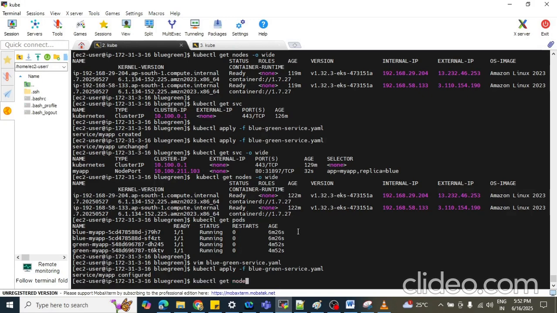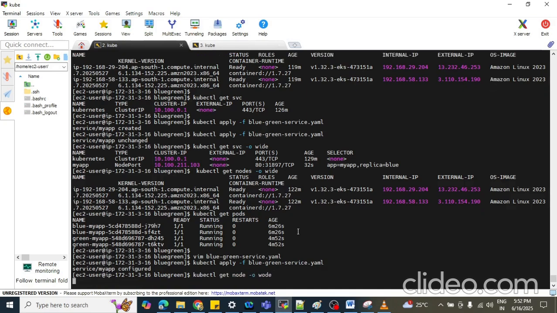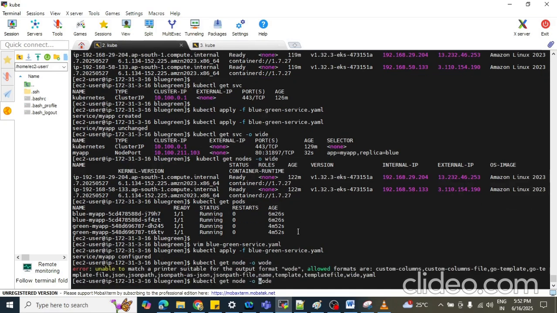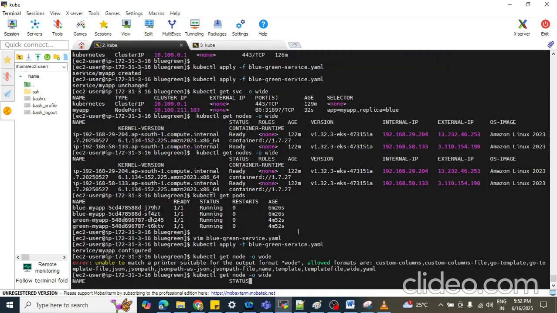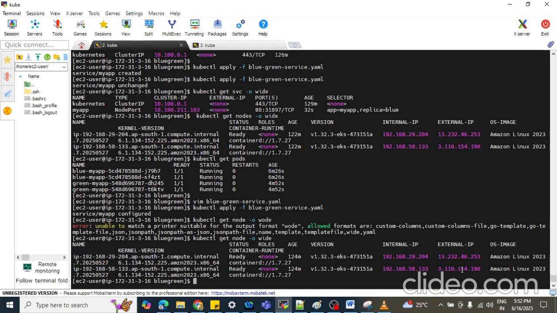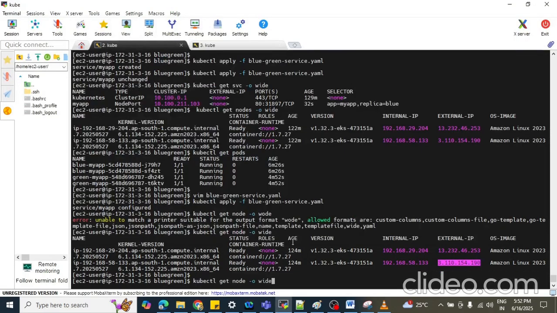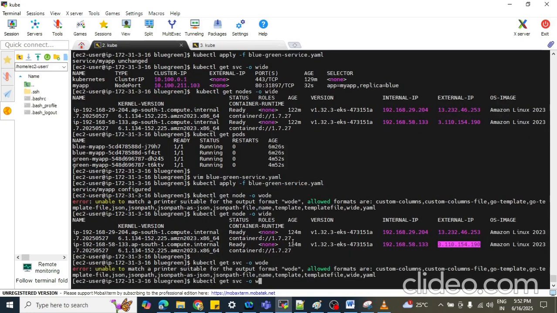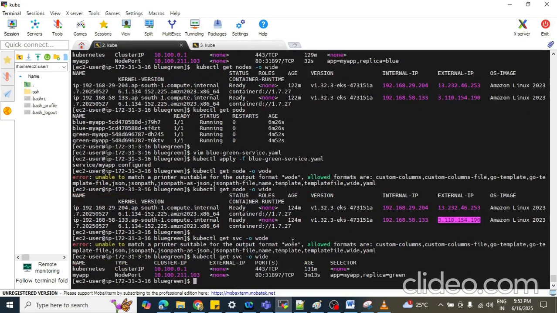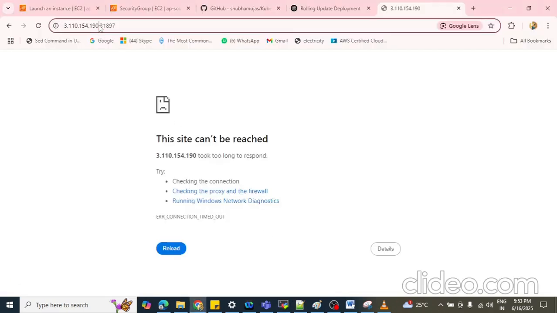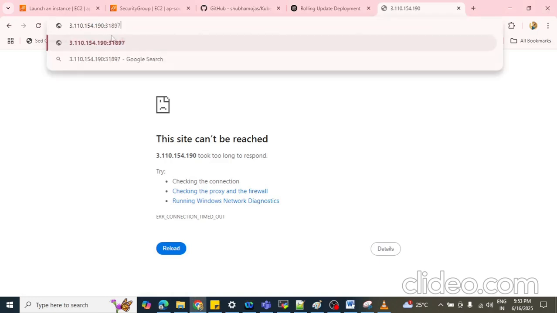Get node -o wide. We can take the external IP. And what will be the port? kubectl get svc -o wide. It's this, 31897. 31897 should run here.